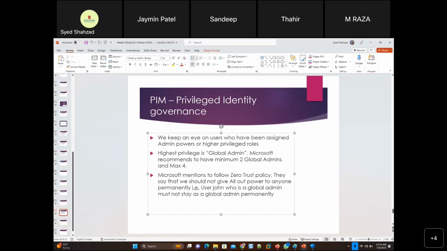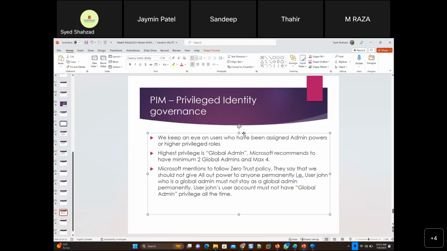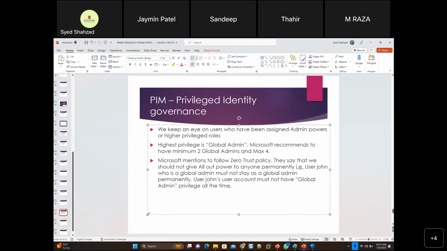Permanently means that user John's user account must not have global admin privilege all the time. Then what do we do? Okay, he needs global admin privilege to do certain critical tasks, some important company-wide changes.